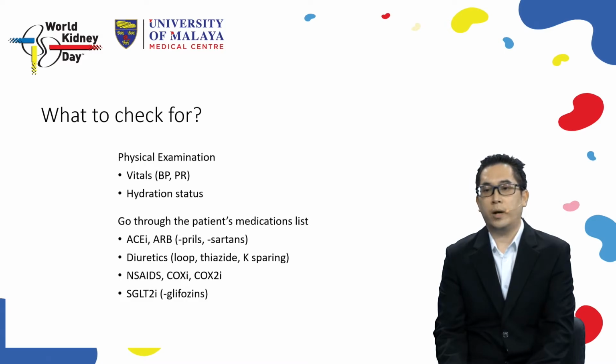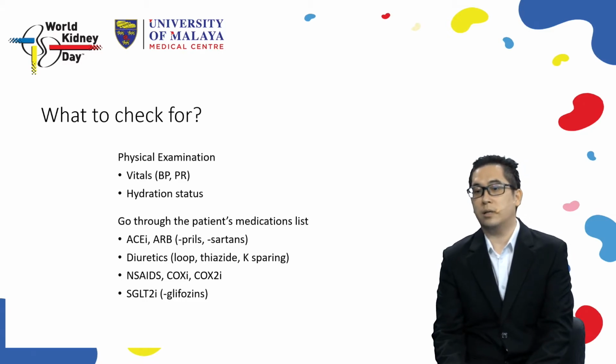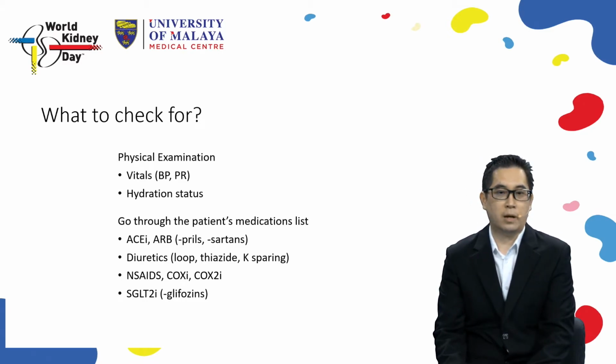For surgical-wise, I think the medications commonly prescribed are NSAIDs, COX inhibitors, COX-2 inhibitors. These preferably should be avoided perioperatively as well, because they promote more risk of AIN as well as acute kidney injury perioperatively. One of the interesting medications that has sparked some attention lately is whether we should withhold SGLT2 inhibitors,